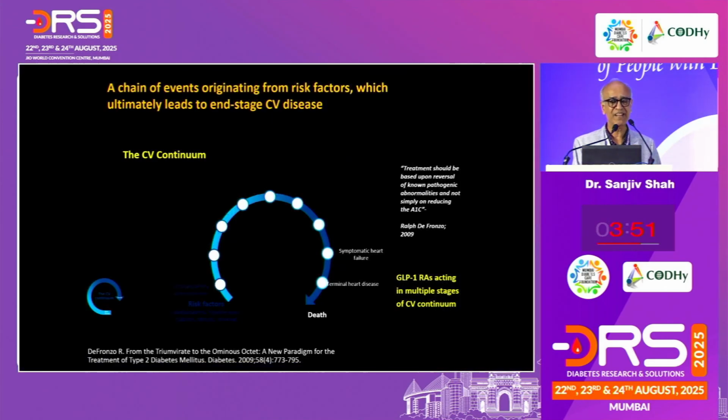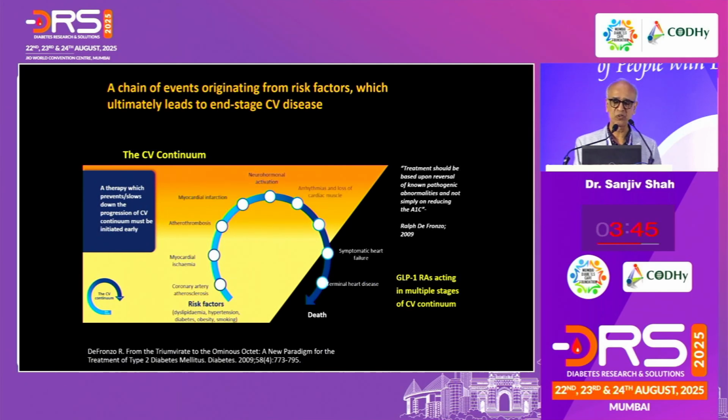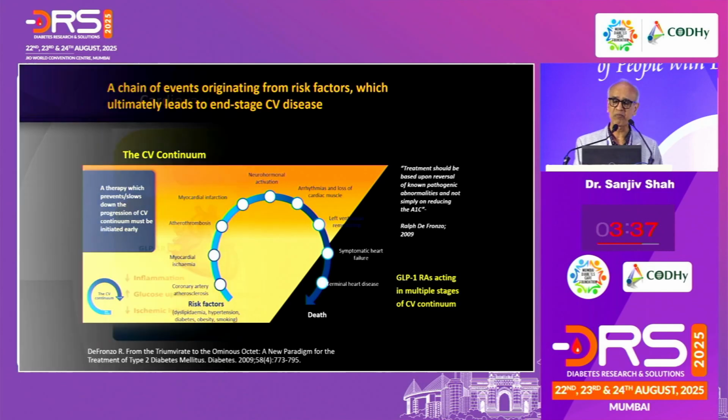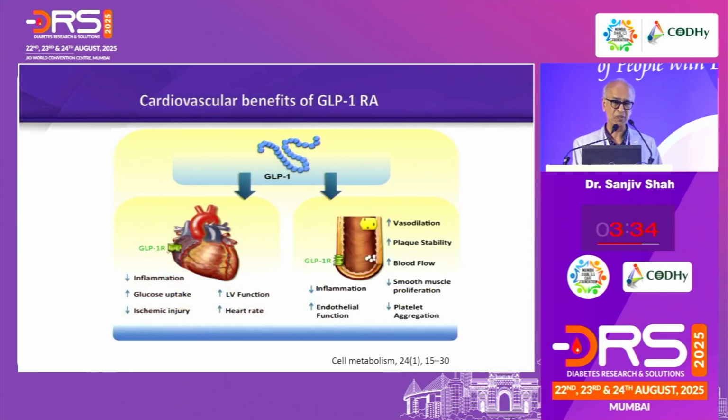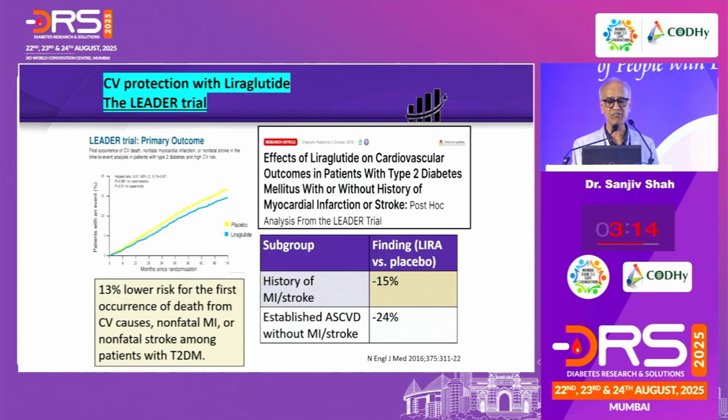Finally, going beyond glycemic efficacy, most of our patients with adiposity, more than 70%, will have so-called atherosclerotic cardiovascular disease and the presence of comorbid factors which would eventually result in cardiorenal disease. And so the benefit of GLP1RA beyond glycemic efficacy would be at all levels of mediation of cardiovascular and renal disease. And this is what was seen in the LEADER trial, 1.8, 4 years follow-up, 14% risk reduction seen, but